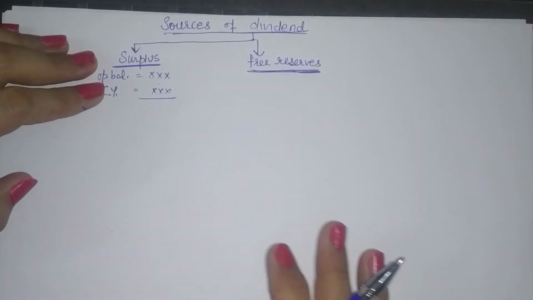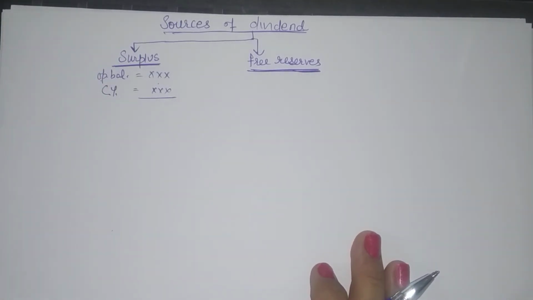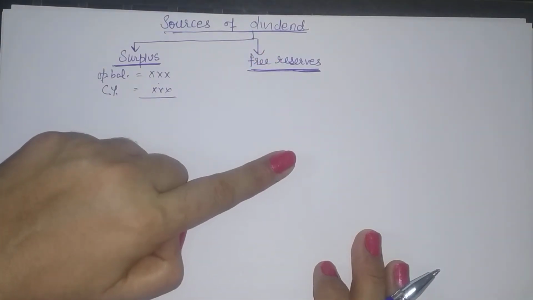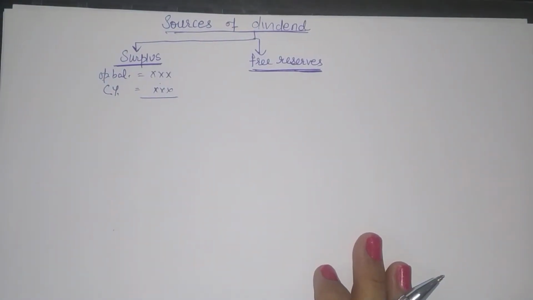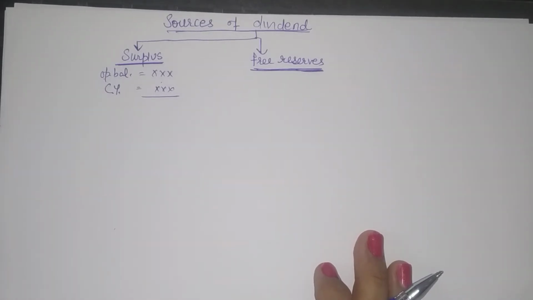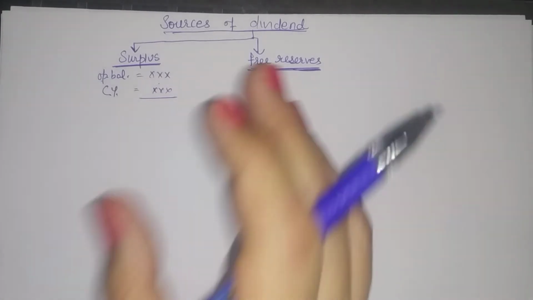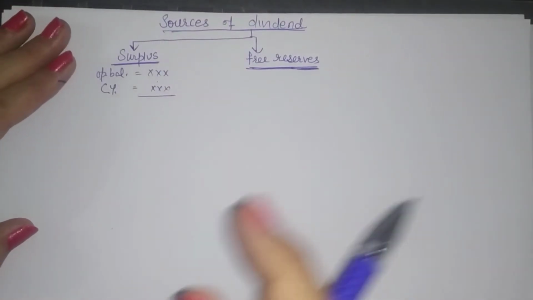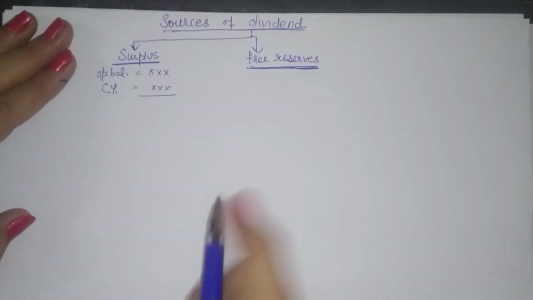So free reserves will be the reserves which can freely be distributed without any restrictions. So only those reserves count here, which are general reserve, reserve fund, dividend equalization fund. Similarly, we have sinking fund, etc. Sometimes students might be confused, should we use sinking fund or debenture redemption fund? Now remember, till the time the debentures are there or the asset hasn't been replaced, these reserves are to be maintained. Once your debentures are redeemed, then the amount goes into general reserve, then it becomes a free reserve. But before that, you should not use it.